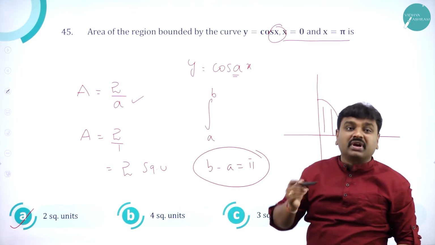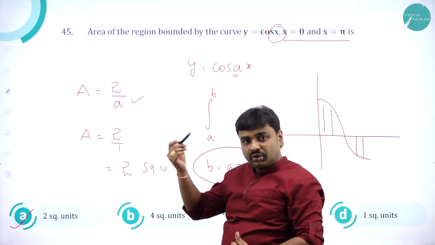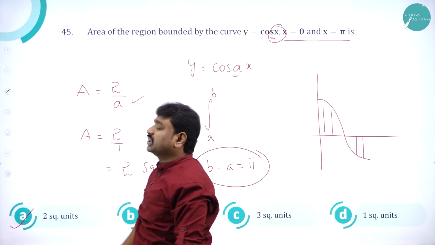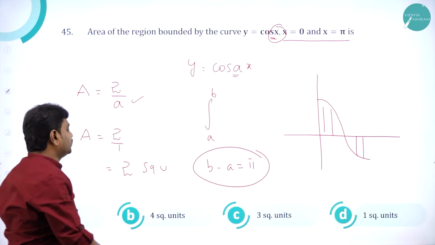What is the area bounded by one arc of sin x or cos x? 2 divided by the coefficient of x. What is the coefficient of x here? 1. So 2 by 1 is 2. That's it. It makes your process faster. Then,